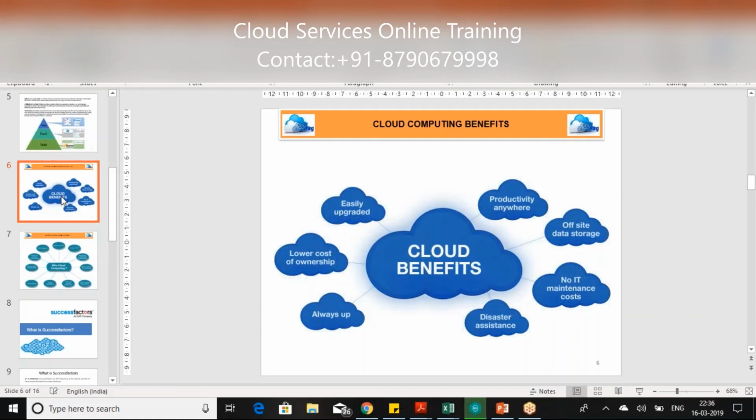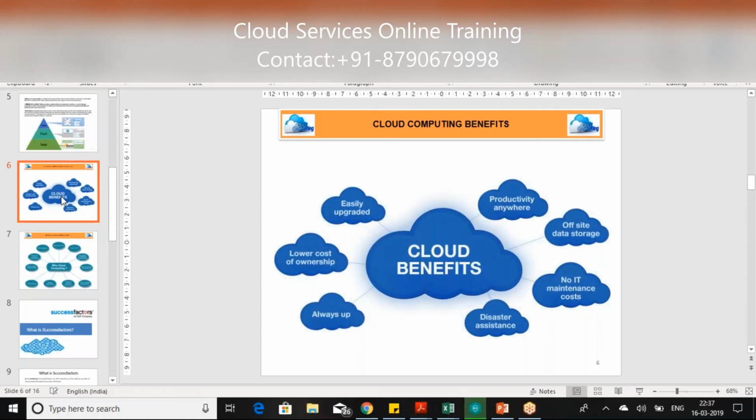You don't have to hire these people. And then disaster maintenance. Anything happens to the server, SuccessFactors is responsible for that. SuccessFactors will provide you alternative solutions. There's no question of handling server maintenance or server disasters. That assistance is also provided by SuccessFactors itself. It is always up.